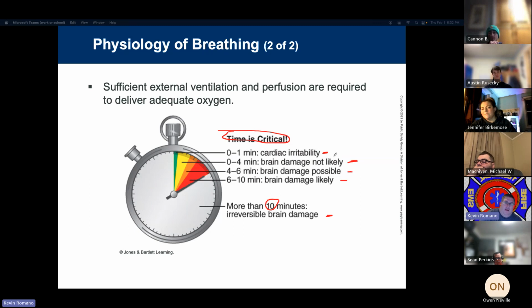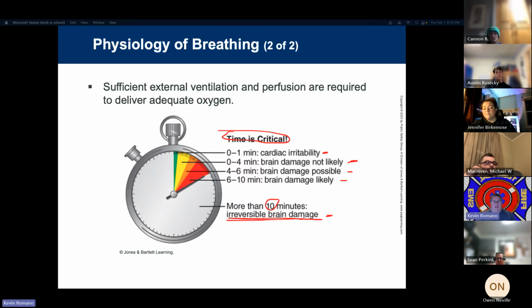Okay. The first time someone puts it on can be a little scary if you've never used it before. Right. But again, it's not so scary for you as it is for the patient. And you've got to calm them down. You've got to control that. Right. That helps with that physiology and breathing. That's why I was saying on the slide so long, it's so important to pick up, because once we start hitting these numbers, right, irreversible brain damage in 10 minutes,